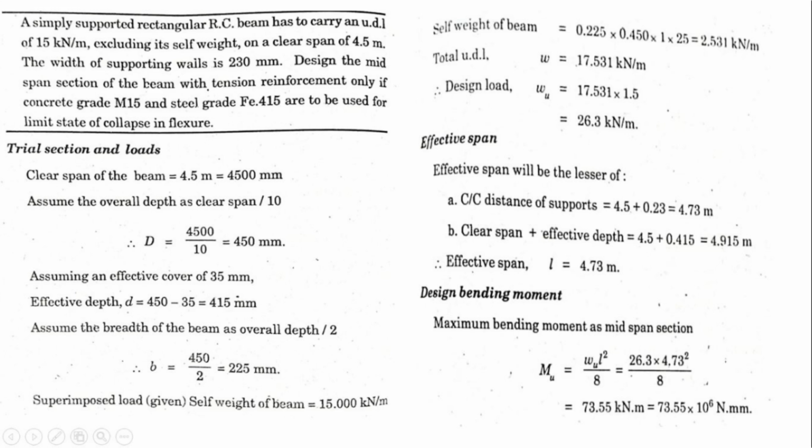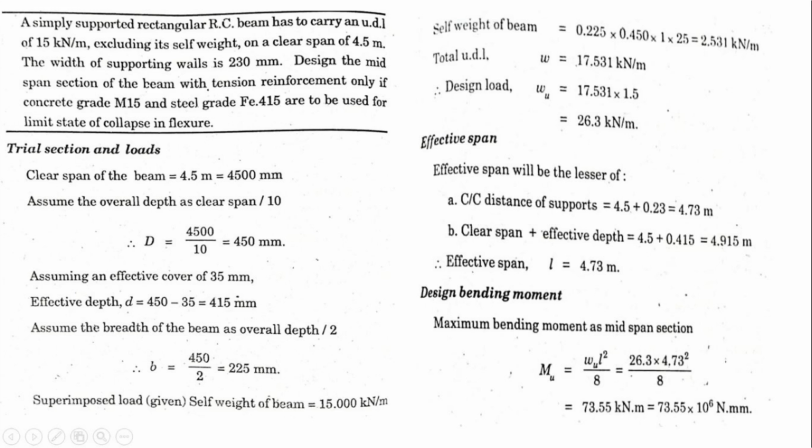In this problem, we have a clear span of 4.5 meter and UDL of 15 kN per meter, and grade of concrete M15 and steel grade Fe415. We have a cross section of 225 by 450 mm, depth 450 mm and the breadth is half of the depth, 225 mm, and the effective span is L equal to 4.73 meter, and the ultimate bending moment calculated as